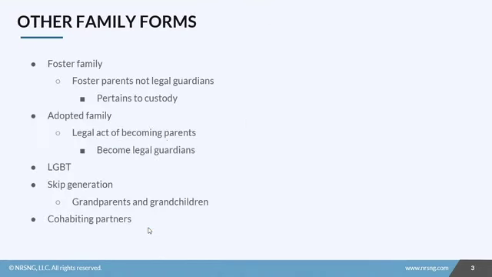And then we start to look at family forms outside of the nuclear family unit, and then the small variances. And we'll start by checking out foster families and adopted families. When we talk about foster families, what we're talking about is the relationship between the parent and the child. The thing about foster families, so you have a parent who's caring for a non-biologic child, and the difference is foster families,